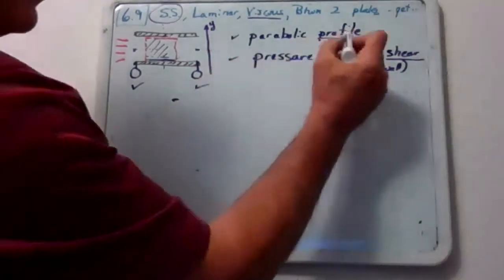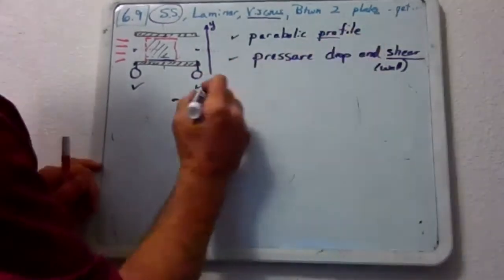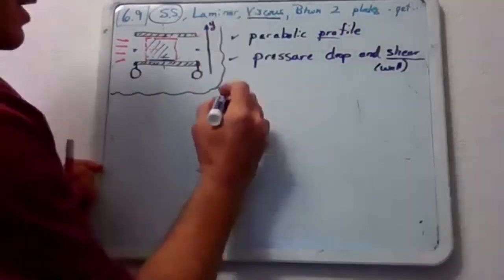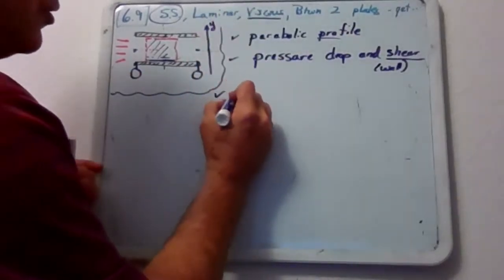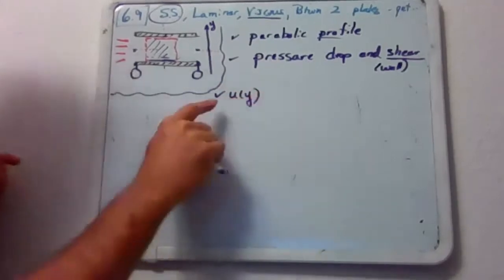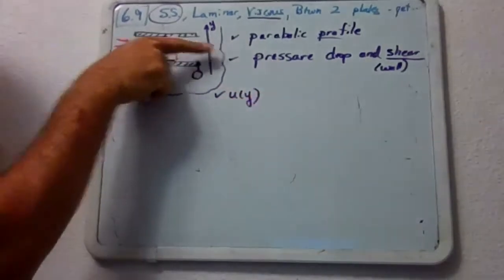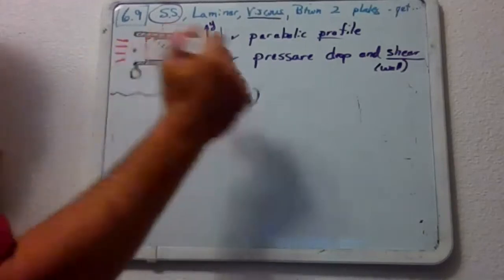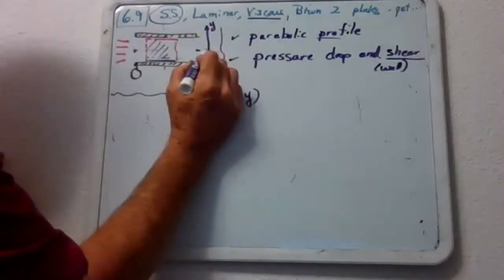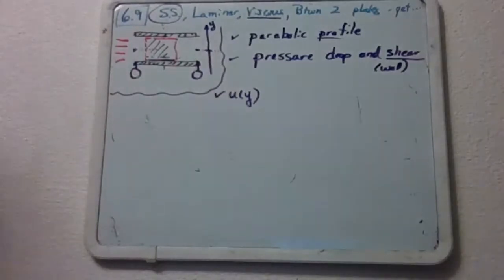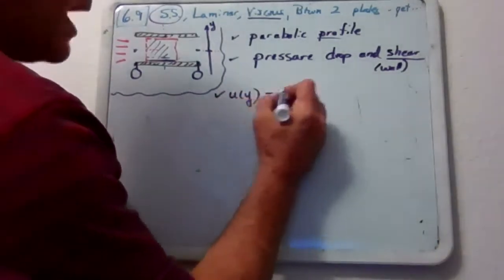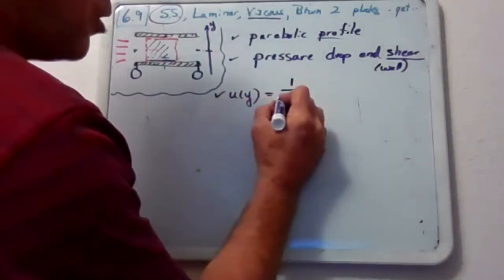What does the profile look like? What does the profile look like? And that is, let me just kind of give this over here like this. That is given by the equation U at Y. So U would be how fast it's moving in the horizontal direction, and Y would be position relative to the center line. So basically the center line is right there like that. And so we get a parabolic profile, and amazingly, some people worked it out. It's actually equal to the profile